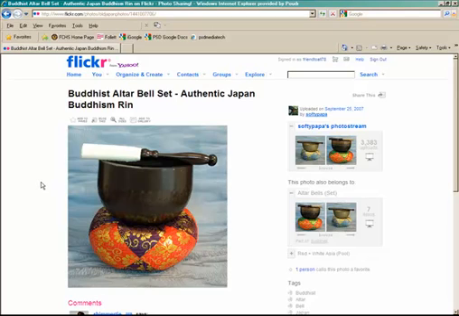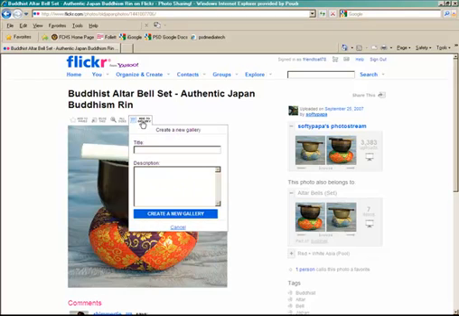Once a student has clicked on the photograph, all they need to do is click Add to Gallery. Since this is the first picture we're adding to this gallery, we're going to have to create a new gallery. So we're going to type in Japan as our gallery name, and then we would type in a description of what we're going to be including pictures of about Japan. And again, maybe this would include some